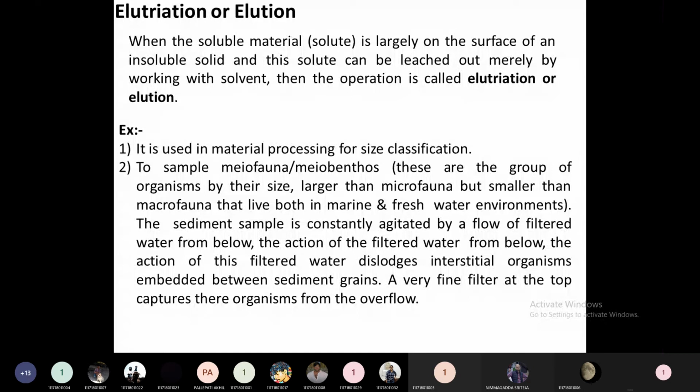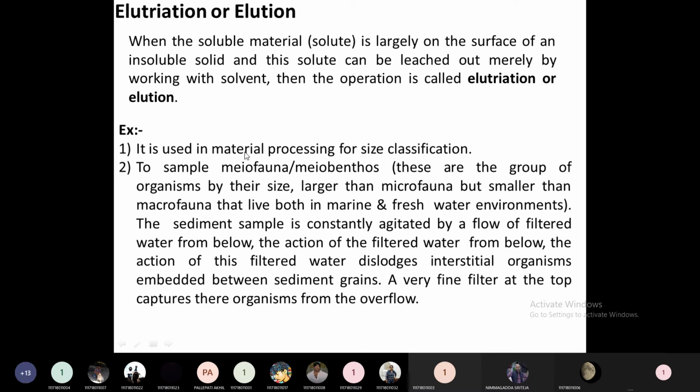This elutriation or elution process has many applications in size classification and mineral production industries. Mineral processing plants classify sizes like micro, macro, mini, depending on the mineral sizes, and this elutriation process is used. One more example is to sample out the meiofauna. Meiofauna are microorganisms whose size is between microfauna and macrofauna.